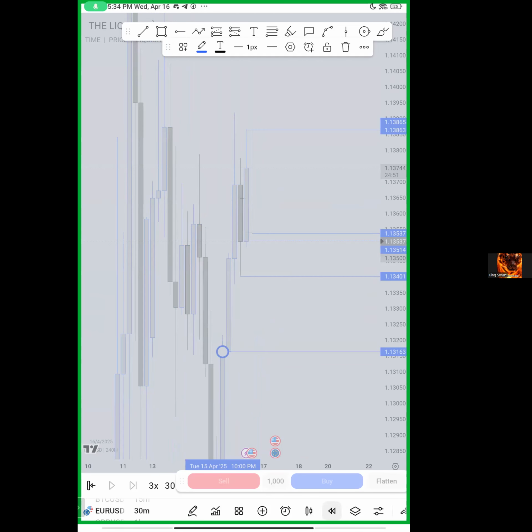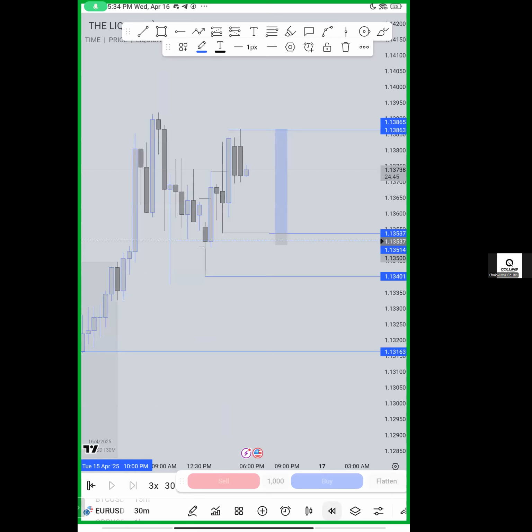Okay, so I have a question. Is it advisable to take confirmation entry from the 5-minute time frame? Like, I've been working with 5 minutes before, but the win rate on the 5-minute time frame is actually very, very low compared to the 15 minutes. Do you understand? So only